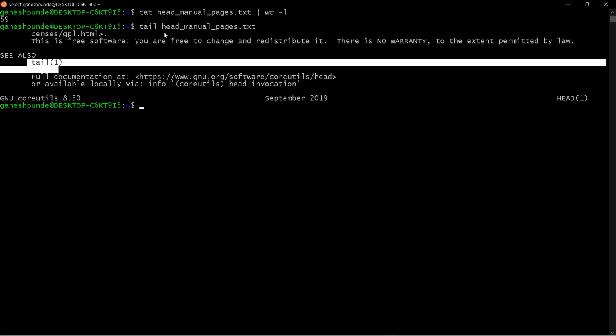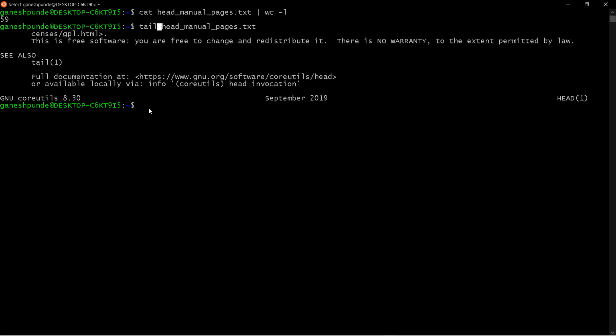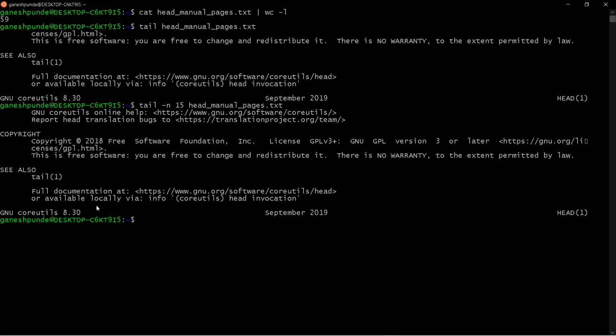But if you don't specify the option, same as head, it will show you only 10 lines. But if you want to specify the line numbers, similarly you can say -n, and you can say 15, and you can see 15 lines here, right?